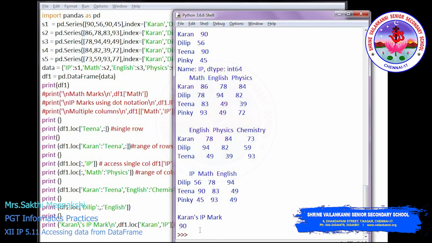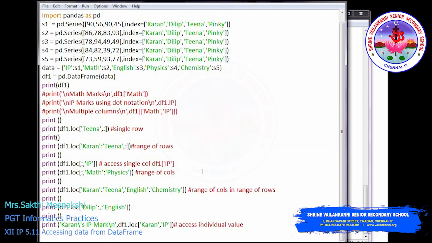So to fetch the particular value, this way we can get the subset from the data frame. We can get a few values, any of those values from the data frame, using this LOC method. LOC stands for location. You have to use it along with the row name or column name. If the index and the column name are string values, then you have to use the LOC method. We know the index can be a numeric value also, and the column name can also be a numeric value. In that case we have to use the ILOC method. That we will see in the next video.